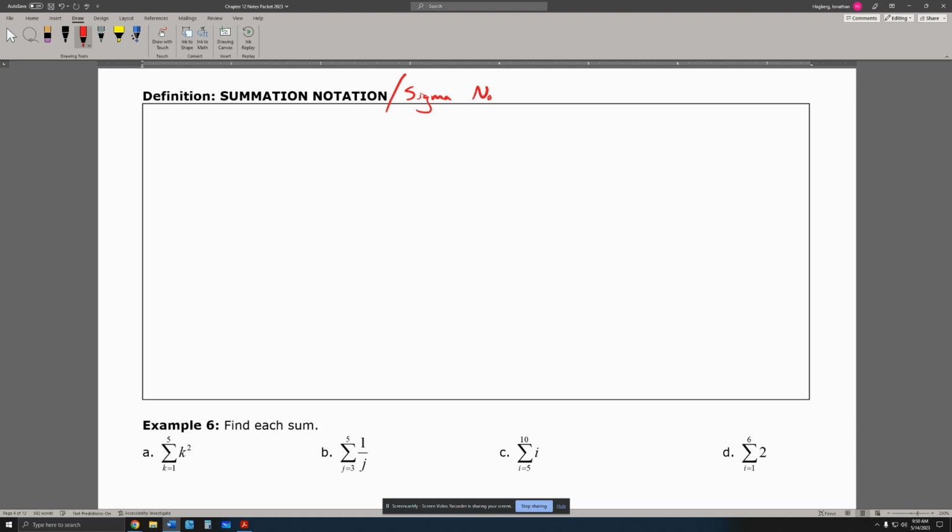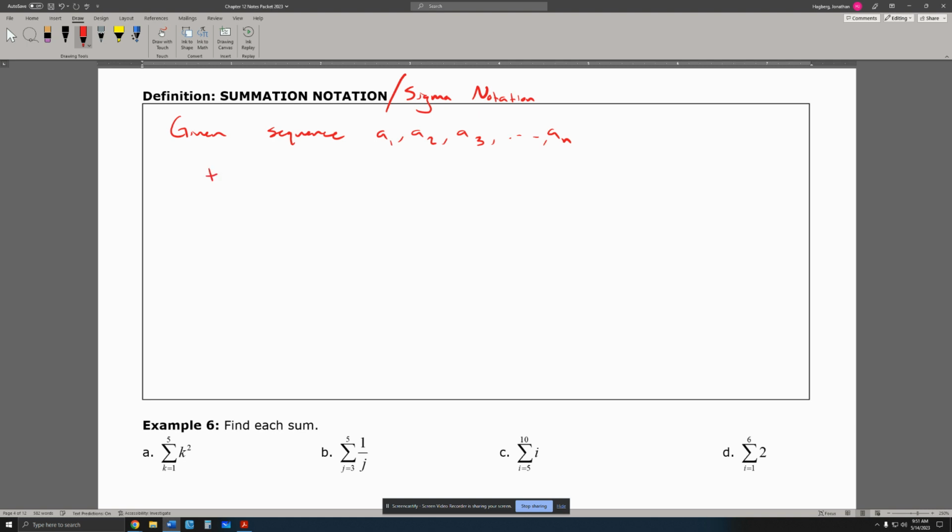And the reason why we call this sigma notation is because the notation that we use to denote this is the capital Greek letter sigma. And so that represents the sum of the first number of terms. Okay? So let's go ahead and define this. Given the sequence a1, a2, a3, and so on, all the way up to an,